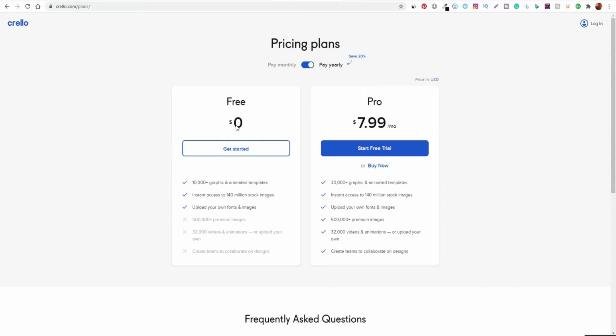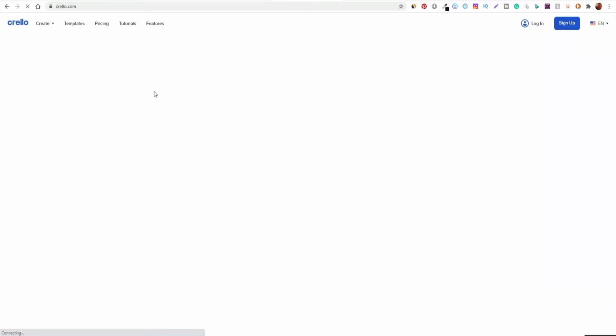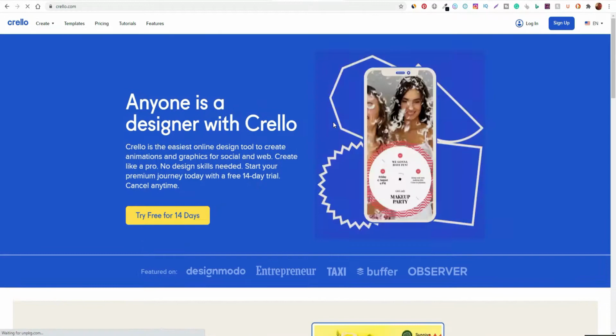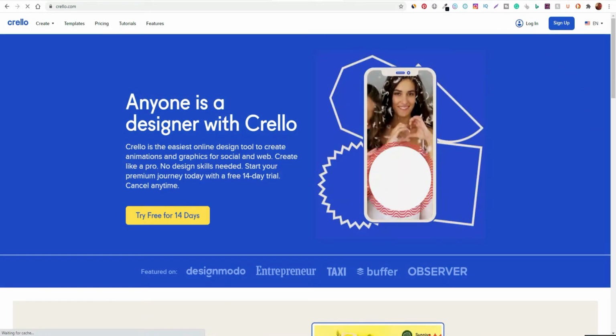But if you want to just get started, you can sign up with the free plan and literally just use that to get a feel for the platform and understand how to use it and so forth. So we're quickly going to jump into that now in a second, and I'll show you what it's about. But also, when you do get started on the platform, it is very similar to the likes of Canva,